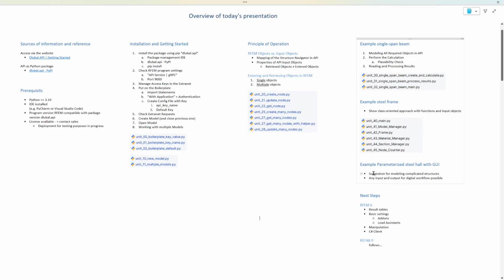And in the end, I would like to show you a nice example made by my colleague Robert Mühlrath, which shows a parameterized steel hall with a self-made graphical user interface, just to give an idea of what is possible for modeling complicated and complex structures with our API. To give you a taste of what is really possible with this, if you have no experience with APIs so far. In the end, as always, we would like to give you a first glance at our next steps, what is coming next in the